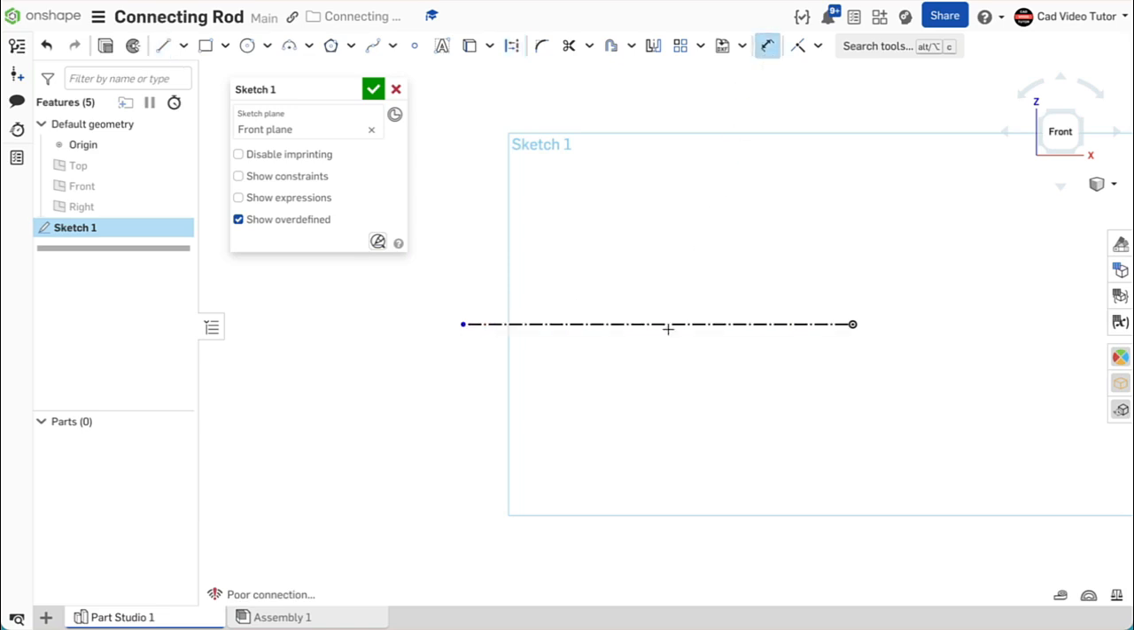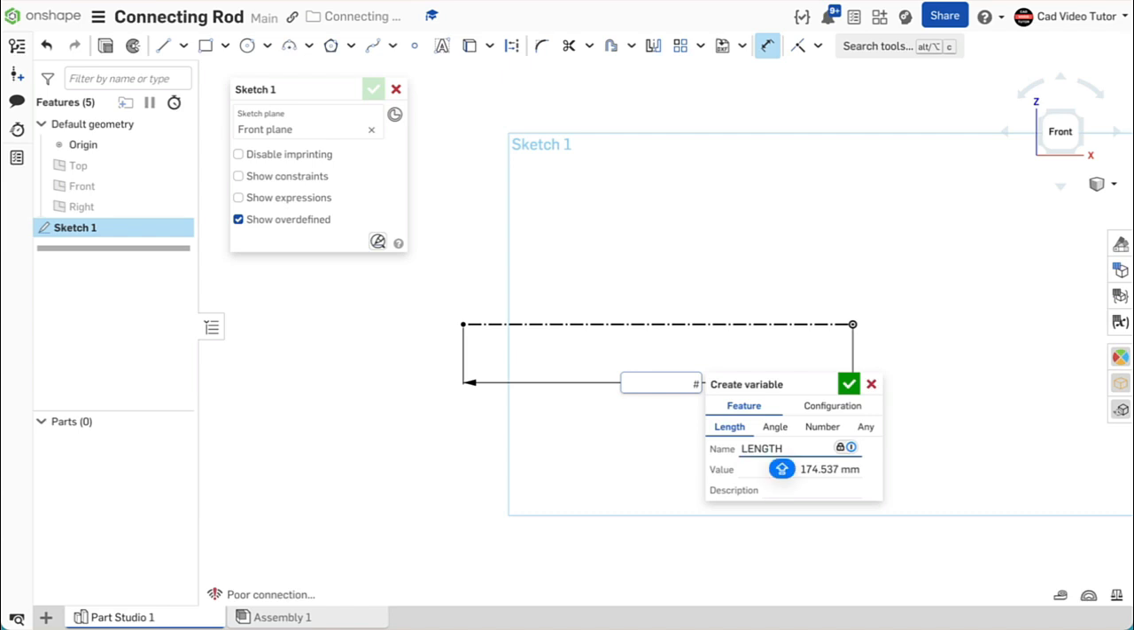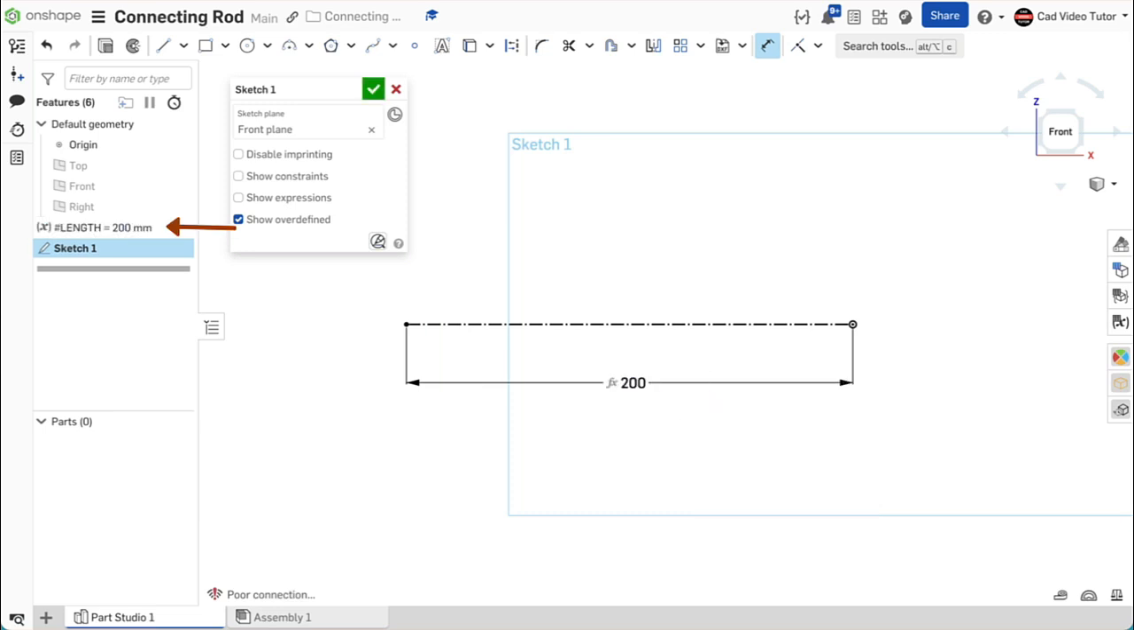Click on the Dimension tool and click on the line. Instead of entering an amount, enter a hashtag from the keyboard. Click on Create a variable. Name this variable Length. Enter 200 millimeters for value. Use the green check to close and hit Enter to set the length. The variable should now be listed at the top of the feature list and will be applied to the features